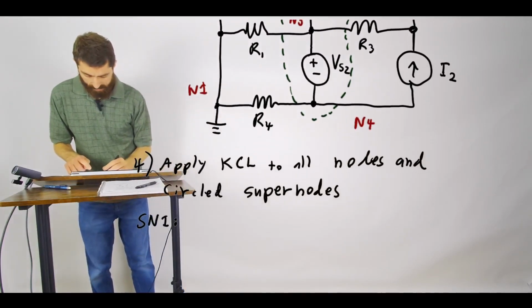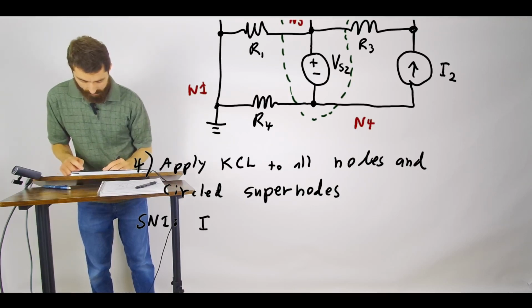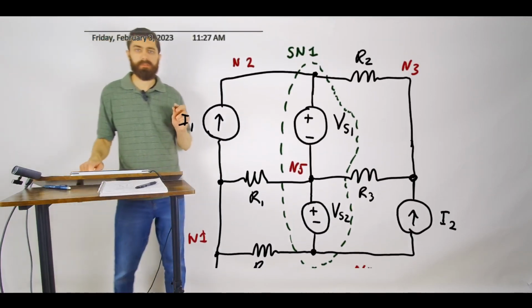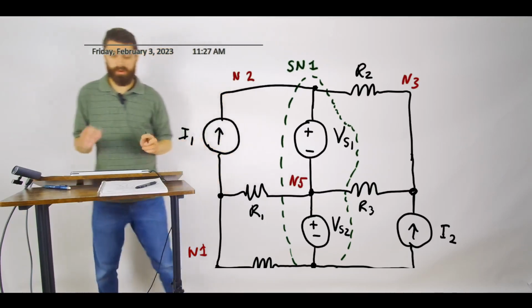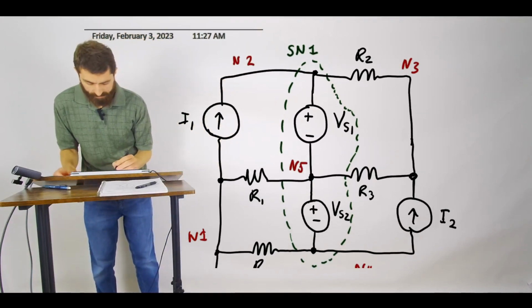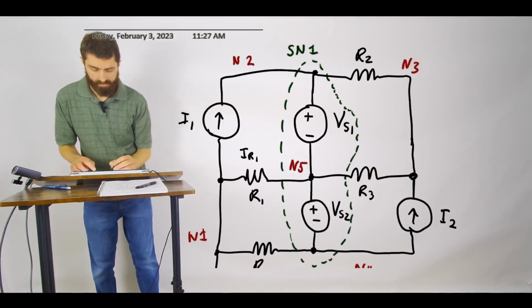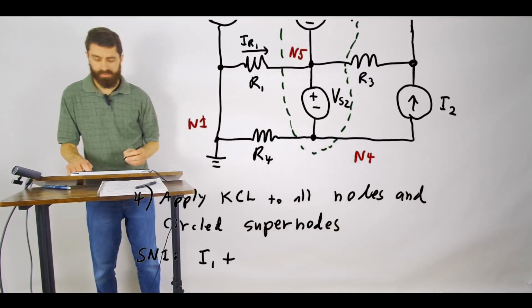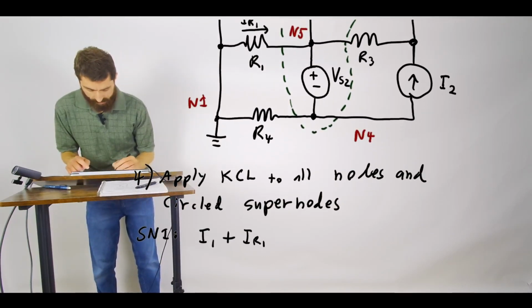So we can say I1 plus the current coming in, let's say from R1 here, we can call that IR1, and we can define it in this direction. So plus IR1